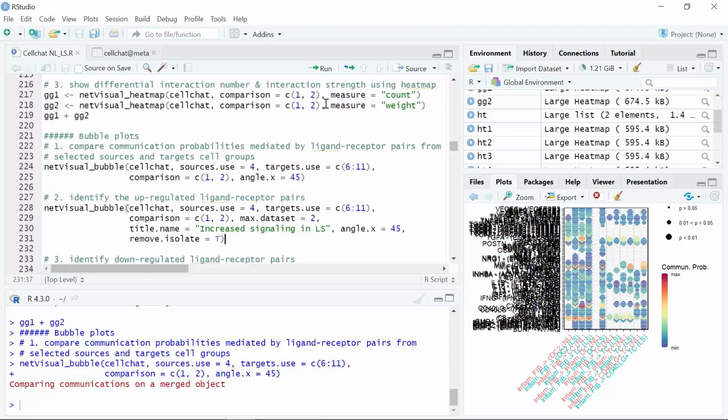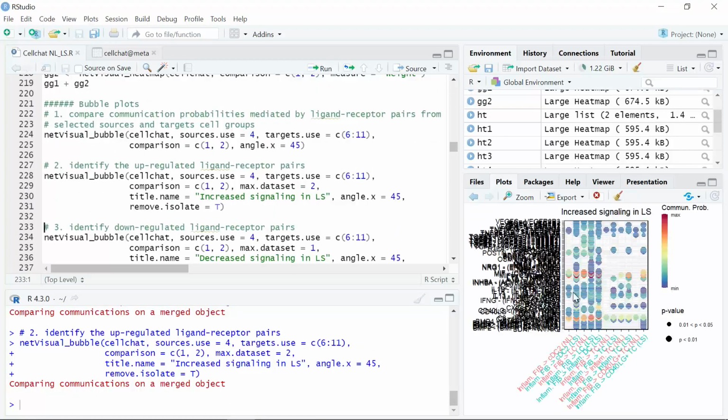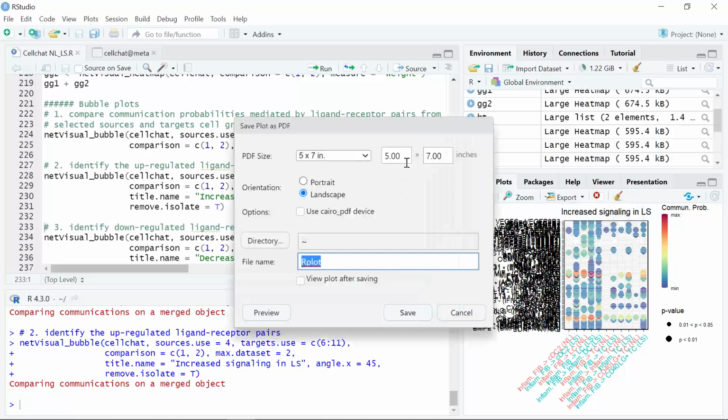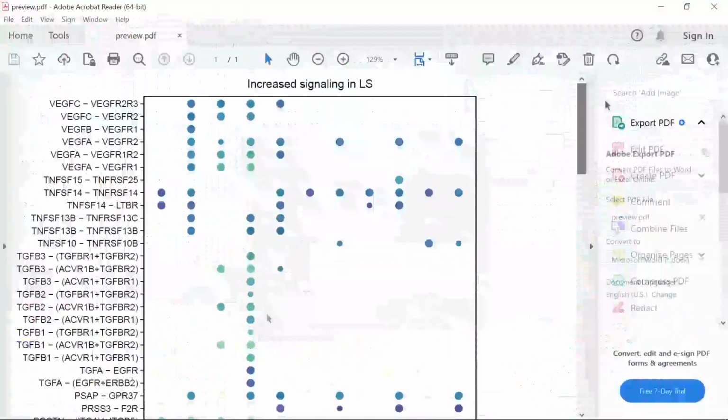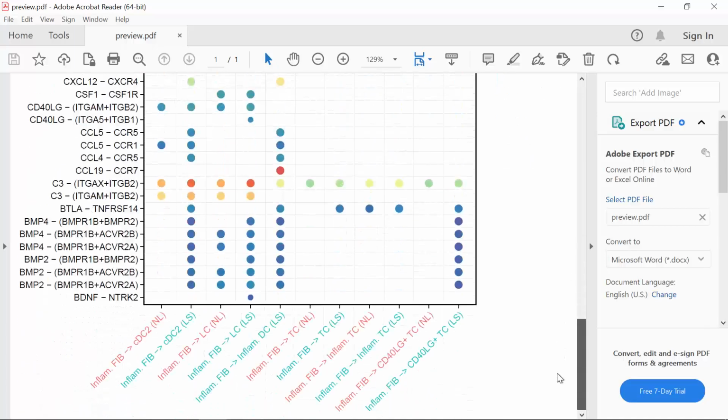So let's make the plot. You can see now we have a new plot. We can export it to the PDF again, and we change the settings. Then we can preview the plot. You can see now we only show the upregulated signaling pathways in the